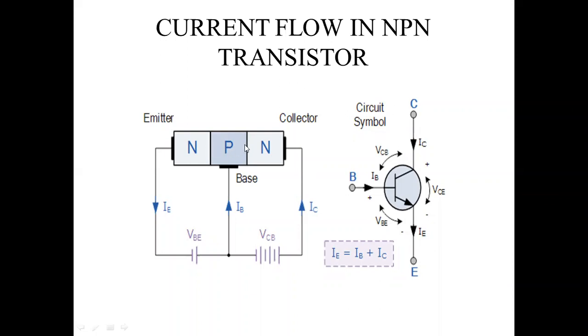Once the depletion layer of both the base junction, the collector junction and the emitter junction breaks, the current will start to flow in this direction here now. Electrons and holes will start to flow in this direction. IC current direction, how is it? It is like this, right? It is going like this. Yes, sir. The base current is also like this here now. The emitter current is coming here now. It is downside here now.